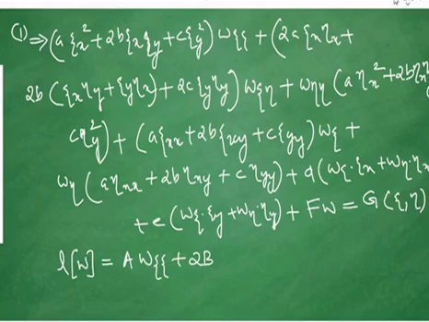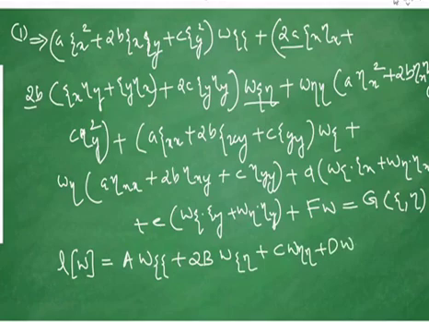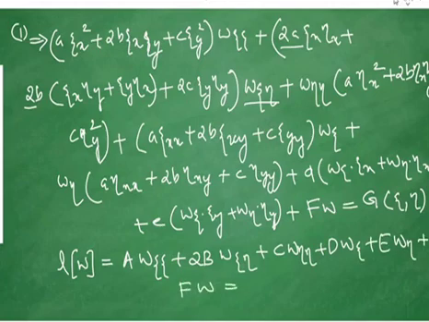LW is equal to AW theta theta plus 2B W theta eta, and we know all the coefficient terms contain 2, so we are writing it as 2 into B. 2B w theta eta plus C w eta eta plus D w theta plus E w eta plus F into w, equal to G. Where